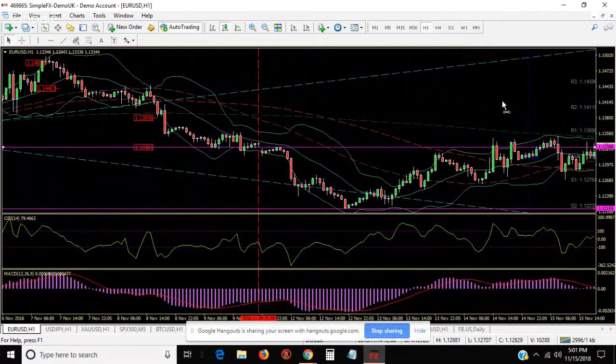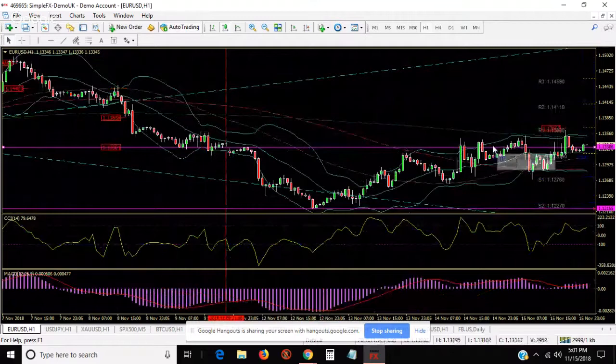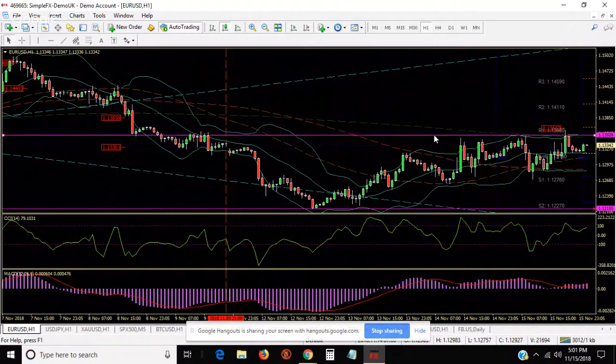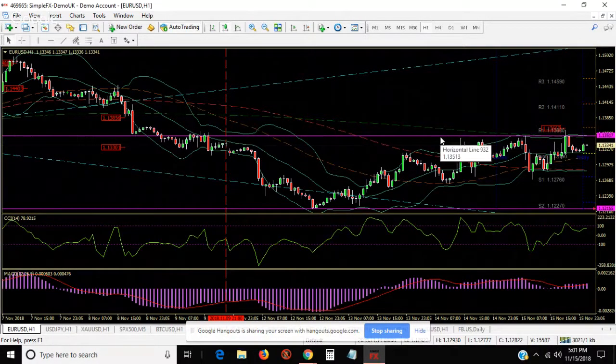So later on, I'll just go right to the candle earlier today. I had to make an adjustment again to the resistance point. And at that point, here was my resistance right there at 1.1351 with a low of 1.1215. For those of you who are trying to get a better understanding of this breakout strategy,